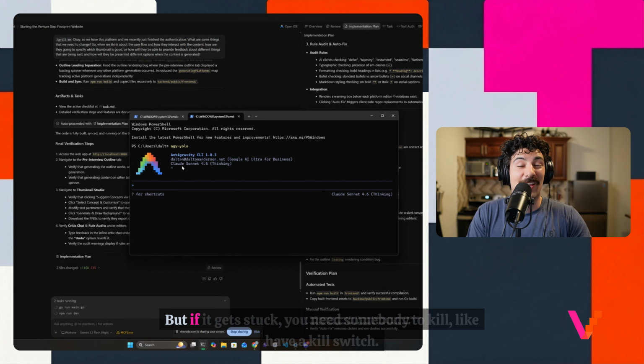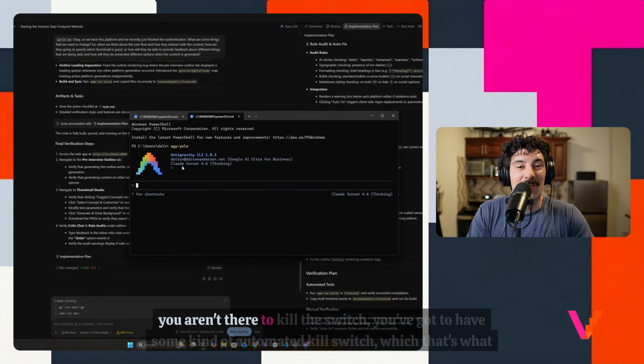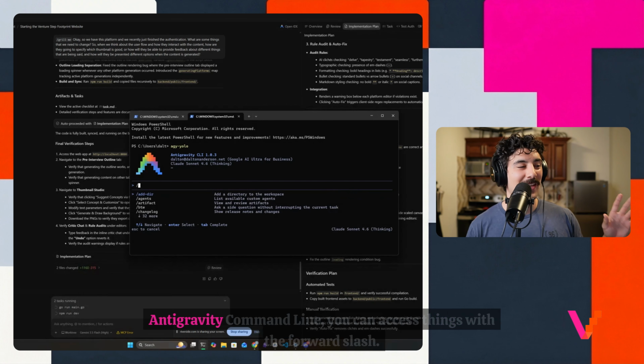But if it gets stuck, you need somebody to have a kill switch. And if you aren't there to kill the switch, you've got to have some kind of automated kill switch, which is what the max iterations does. But that's YOLO. But this is almost a Gemini command line. Anti-gravity command line,